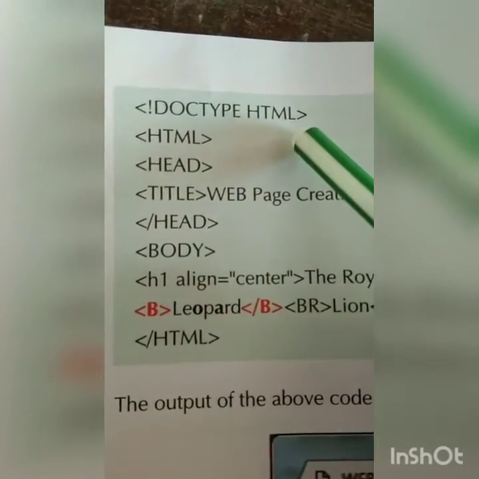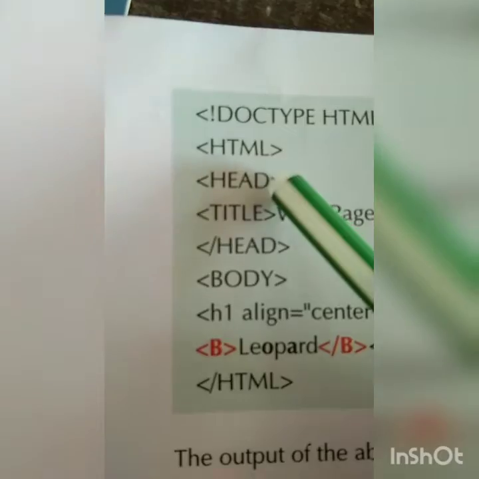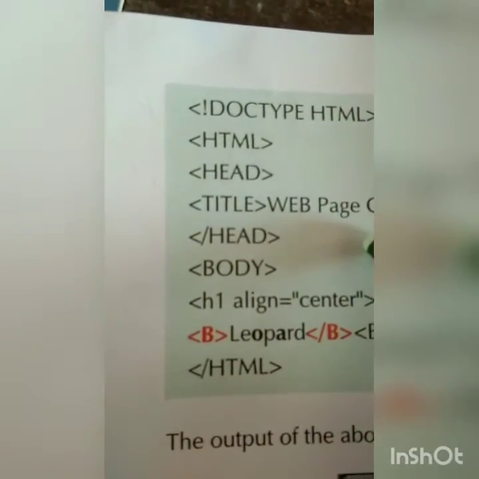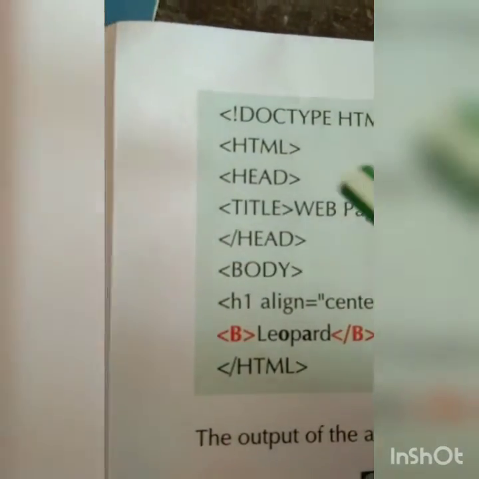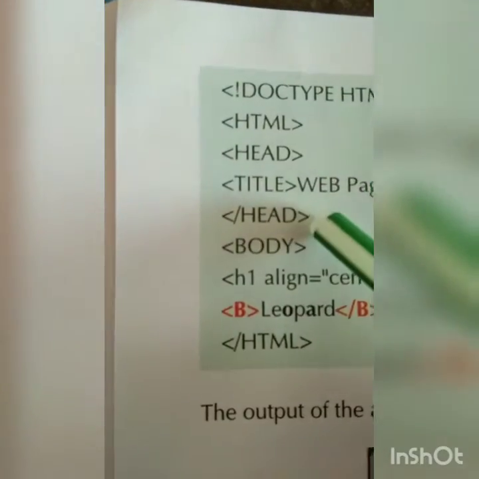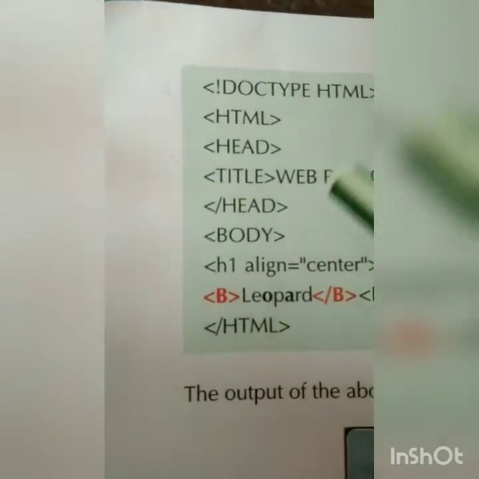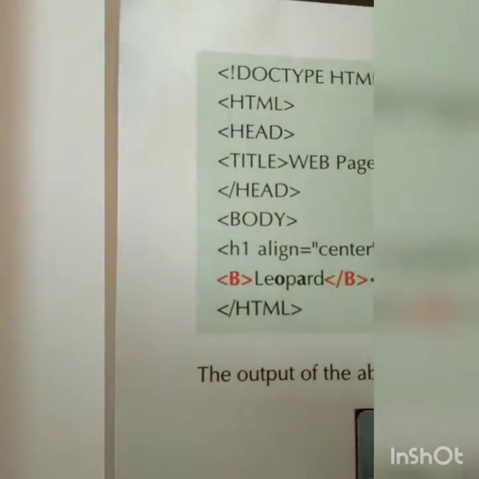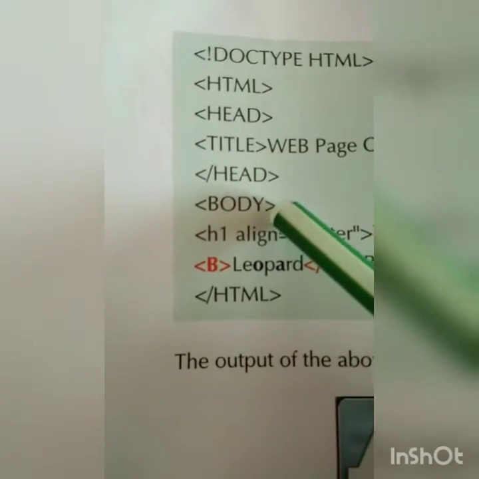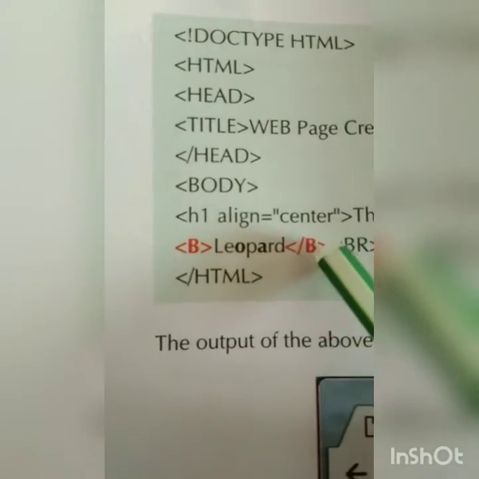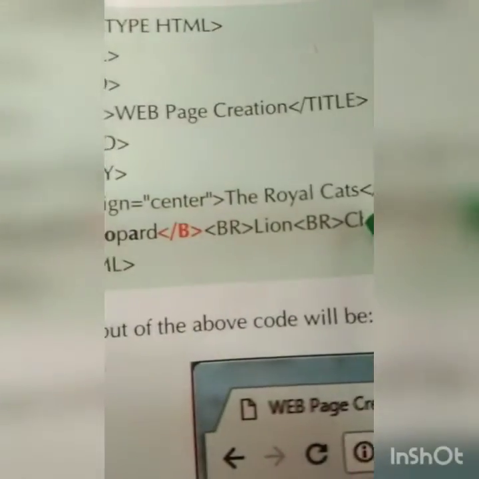Document type as usual. First HTML, heading, web page creation, the title is web page creation. And then heading over. Whatever heading you want to give, and next the body part you are starting. In that, the first heading you are starting this way, in the center, the royal cats.